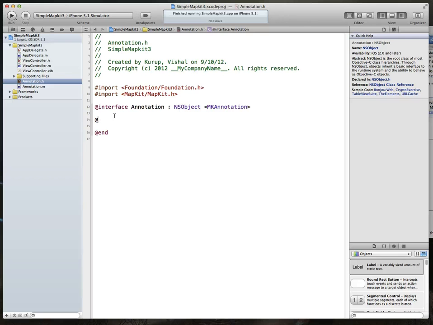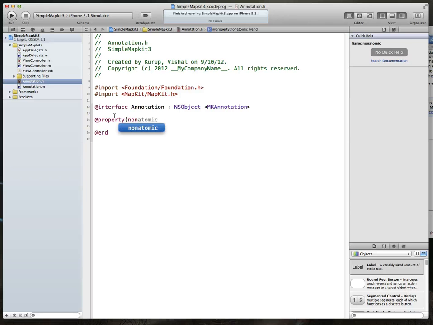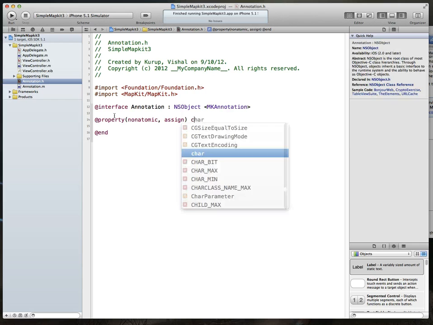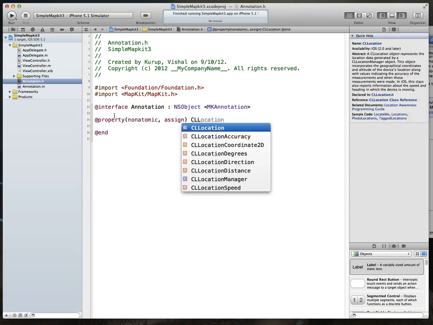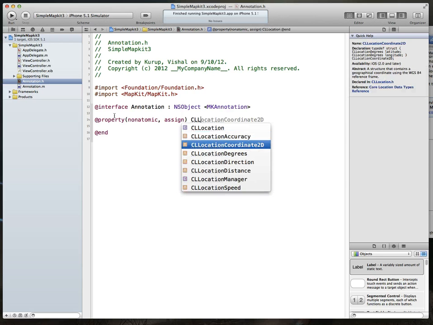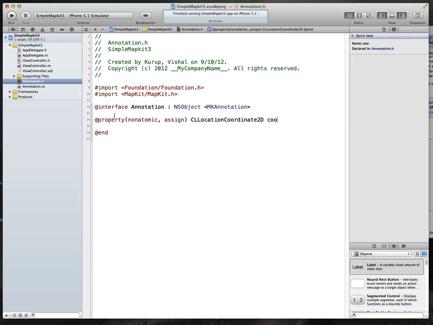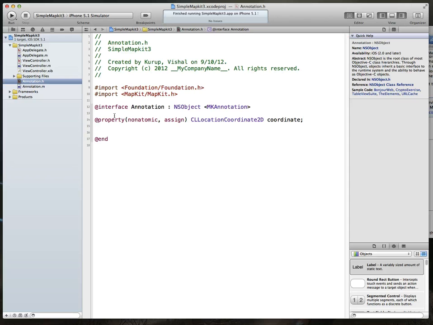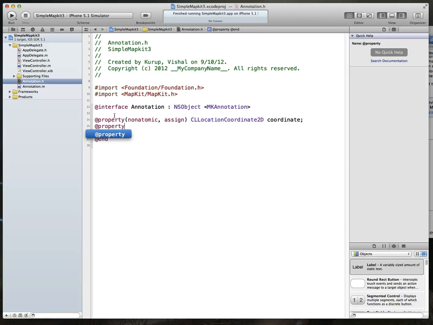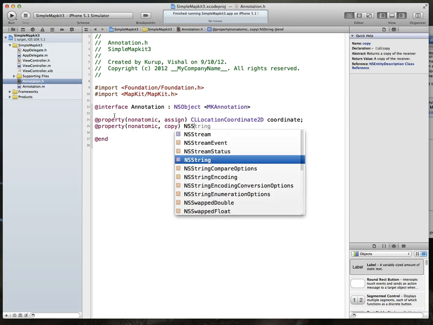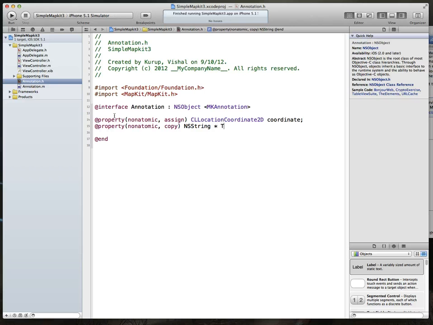So we'll do an add property, and we'll say it is nonatomic, assign, and the coordinate is actually a CLLocationCoordinate2D, and we'll just call it coordinate. Now you may be tempted to rename these. Turns out you can't. So make sure you use the exact same name because you have to implement these. We're going to say nonatomic, copy, NSString, title,